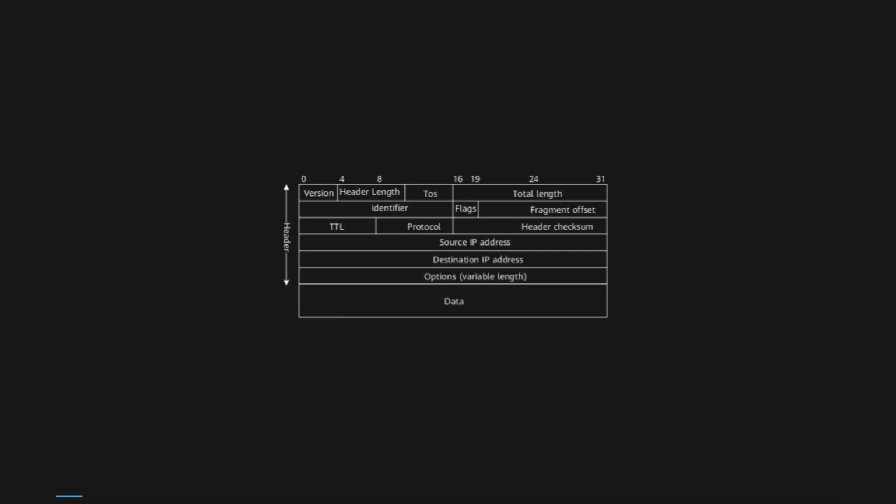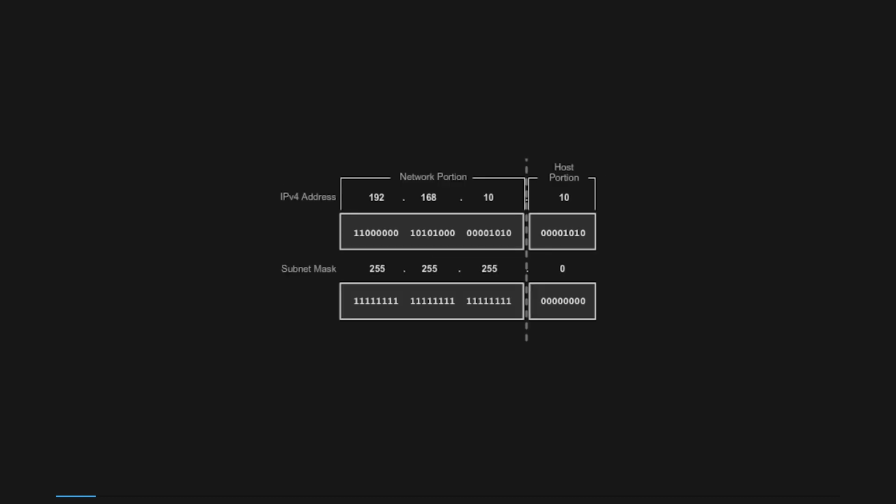Header format. The IPv4 header serves as a crucial component of every IP packet, encapsulating essential information required for proper routing and delivery of network packets. Within this header, two key elements are present: the source IP address and the destination IP address. An IP address is composed of two distinct parts, the network ID and the host ID. The network ID is located in the high order or leftmost bits of the IP address and is responsible for specifying the network to which a device belongs. It serves as an identifier for a specific network segment or subnet.